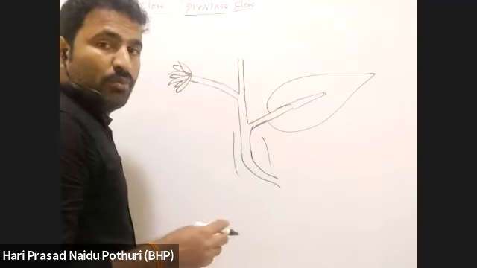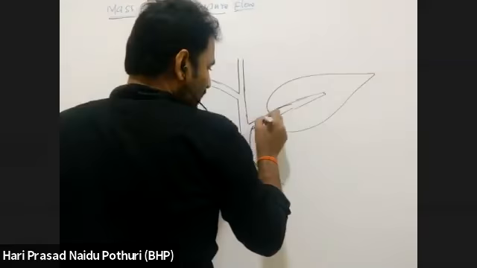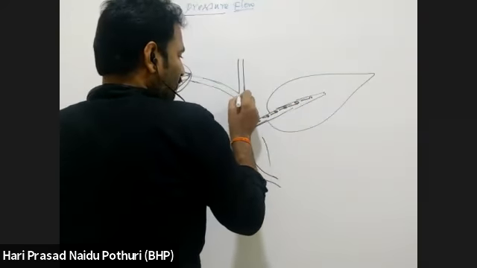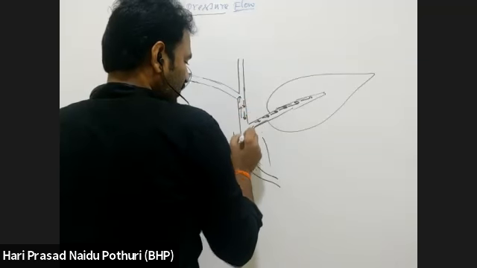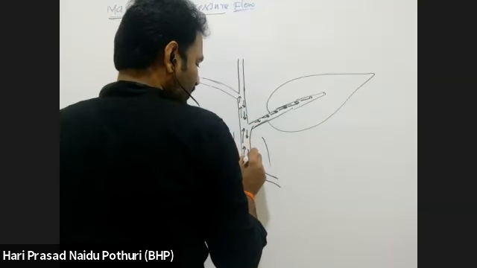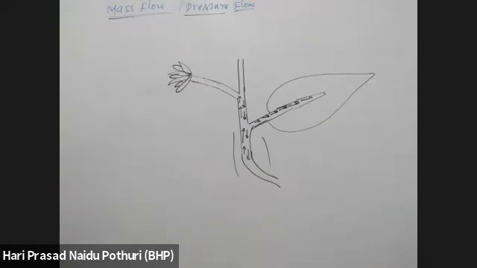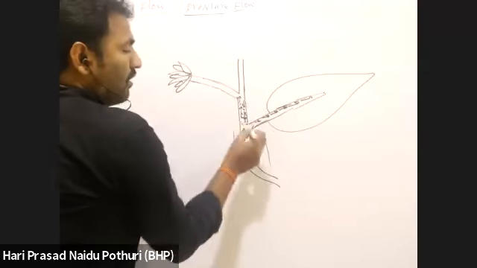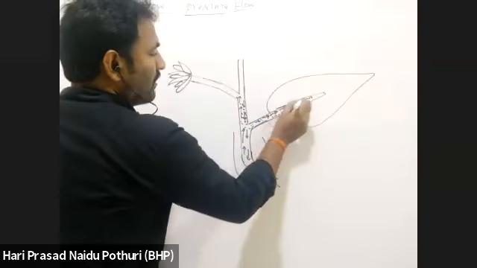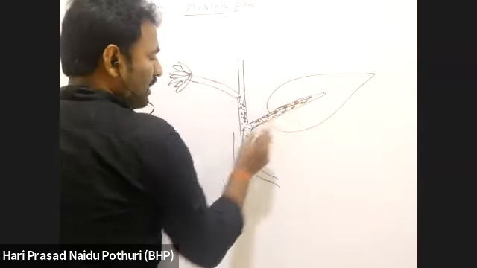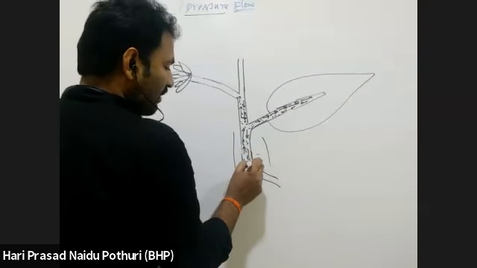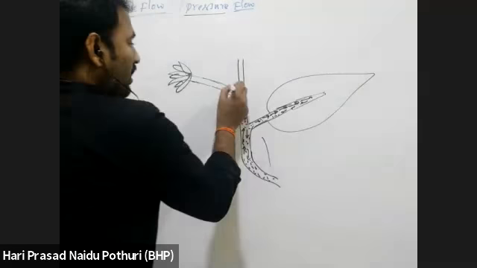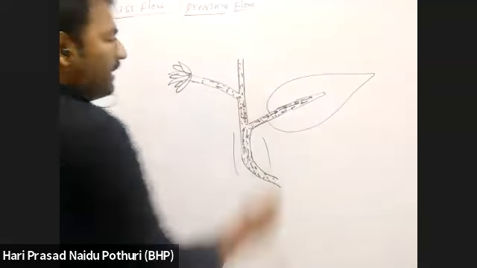Phloem movement is bidirectional, I told you. That means there is a transport of materials from top to bottom or bottom to top. What materials are present majorly? Water and sucrose are present majorly, transported in both directions. Along with that, some other sugars, hormones and amino acids are also present, which are being carried.